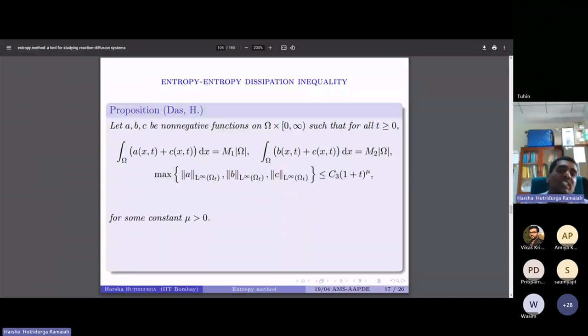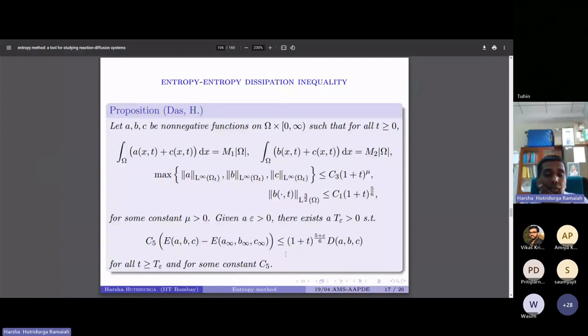So we say that, okay, give me three non-negative functions A, B, C, such that A plus C averages to M1, B plus C averages to M2 for every time t. And the L infinity norms of A, B, and C are bounded from above by 1 plus t raised to the mu times some constant. And the L3 half norm of B in the spatial variable grows like 1 plus t raised to the phi upon 6. Okay. Then